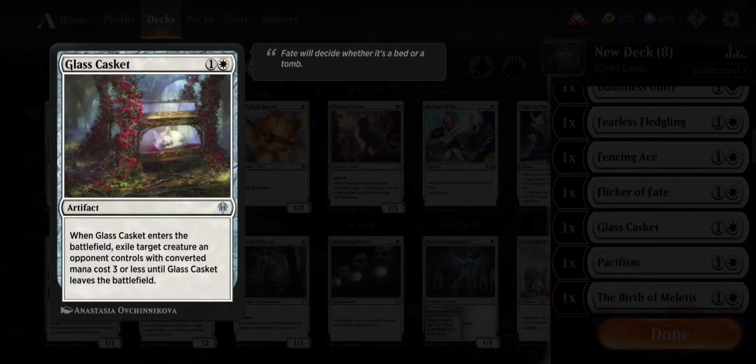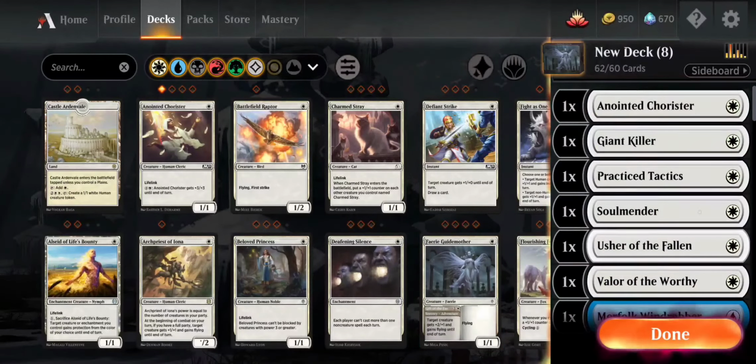I think I just wanted to show you guys the different cards, some of you guys that are new that are watching this. When it enters the battlefield, exile target creature an opponent controls. So basically, it enters the battlefield, you choose a target creature card. It does have to cost 3 or less. So the CMC, the mana cost up there, needs to be 3 or less. And then you can take that creature from them until they destroy this artifact, which sometimes artifacts are very hard to get rid of. And that's another thing that I think I kind of forgot to go over with